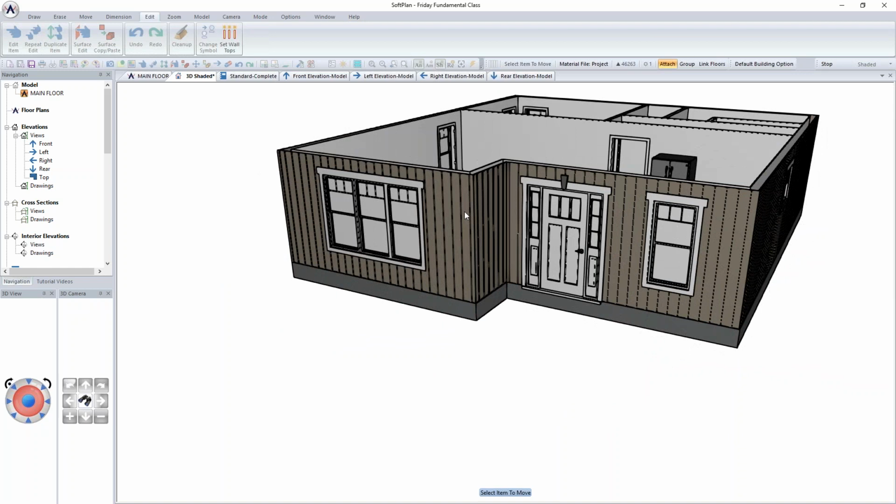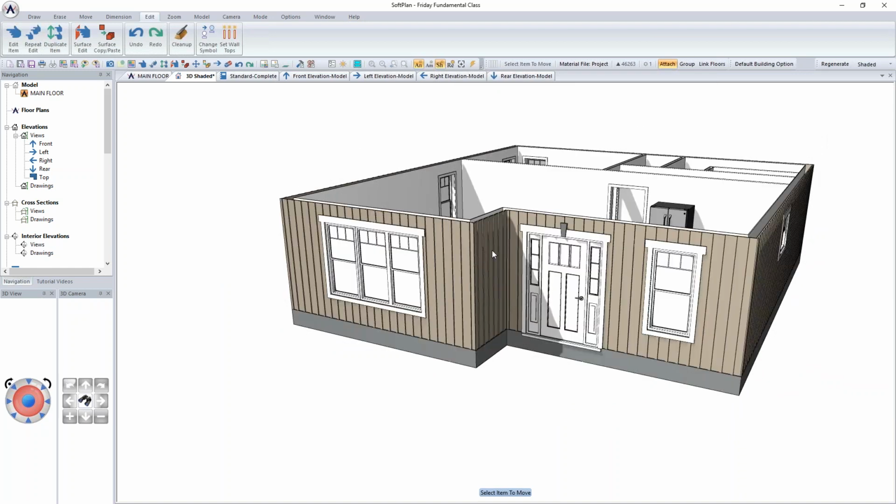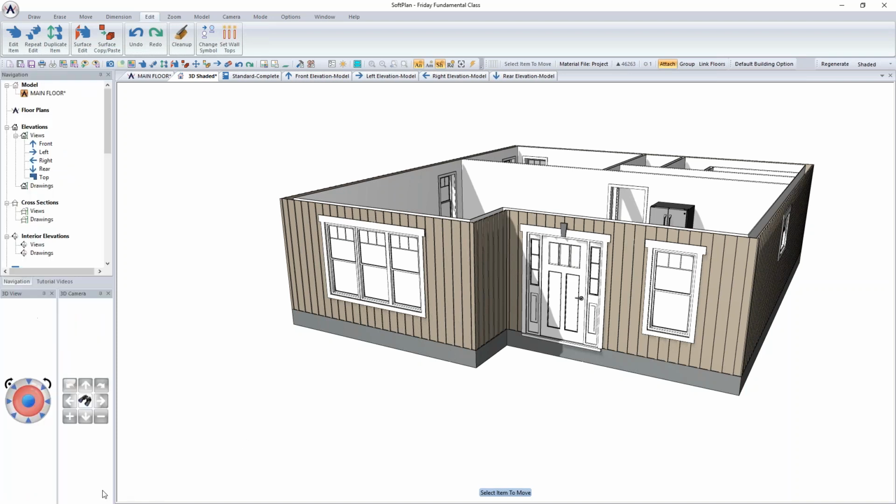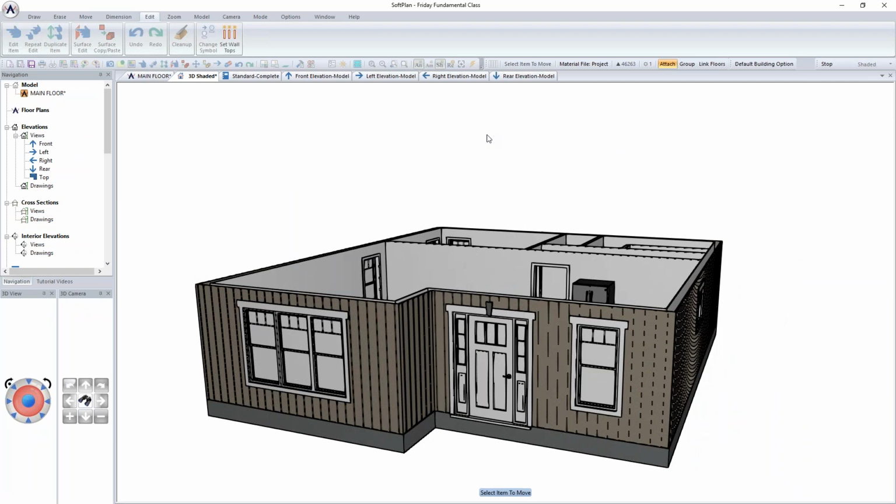The order of operation is always going to be get your wall heights set, and your wall heights being set includes getting a floor system in there, so that we've got that top of plate height. Right now, these walls, if you edit them, have a current 8-foot height with a 4-inch offset. If I put a wood floor system in there, the offset would be the equivalent of that. But this is important to set the total plate height prior to putting the roof on, so we can make those changes. I can do this inside both the floor plan and the 3D,